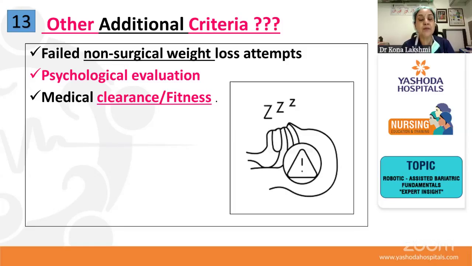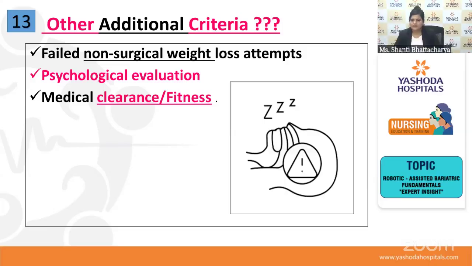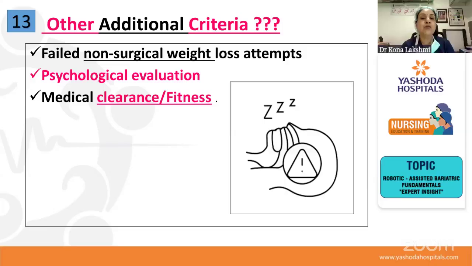But in centers which are dedicatedly doing bariatrics as a practice, we have a lot of things for the safety of the patient. We have big teams. We have well-trained anesthetists. We have very good, adequate instrumentation, and good pulmonology and cardiology support. So that is all taken care of.